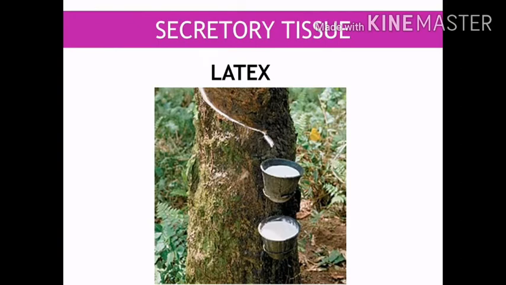Apart from this, there are also some special types of tissue. So we have simple permanent tissue, complex permanent tissue, and now we are talking about the special tissue, whose function is secretion. These tissues secrete latex, gums, resins, oil, etc. Latex is a thick, sticky, glue-like white fluid secreted by rubber, banyan and fig trees and garden plants like oleander.